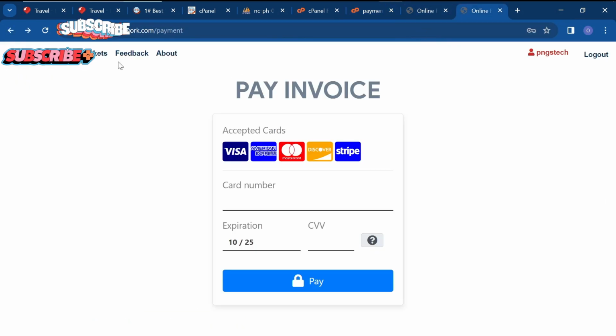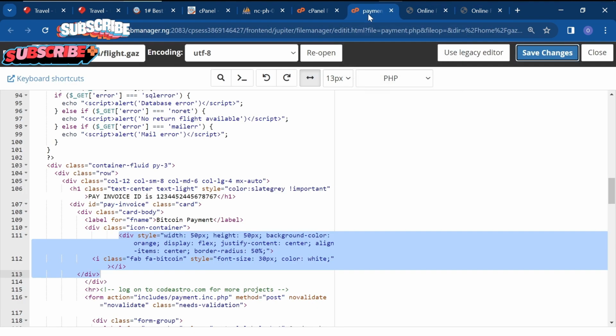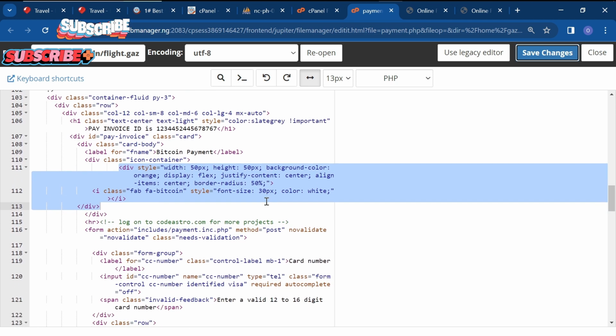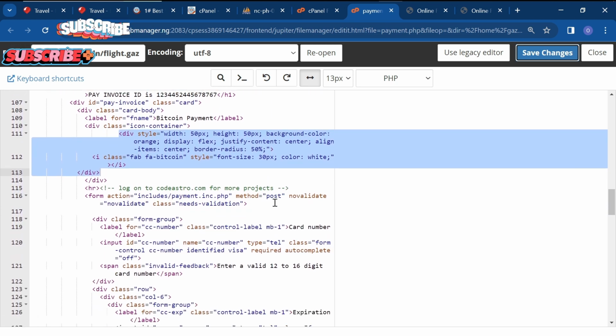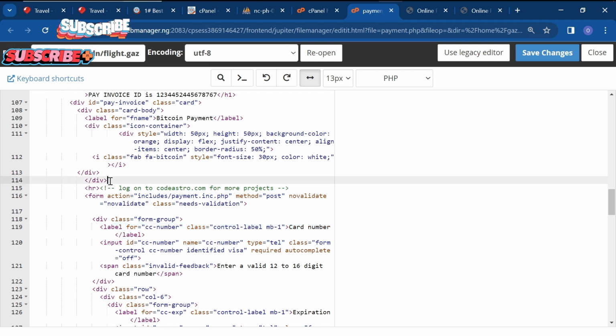So let's see the results. Okay, invoice ID is this, Bitcoin payment. So card number will be, let's say, I want to insert, copy the Bitcoin wallet address below. So I'll come right here, immediately before card number, so I need a label. So I'll copy this label,